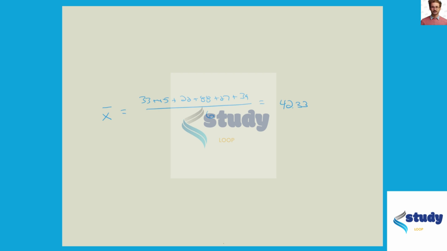And then the sample standard deviation is the square root of the sum of the difference between the values and the mean squared, divided by n minus 1. So that would be 33 minus 42.33 squared, plus